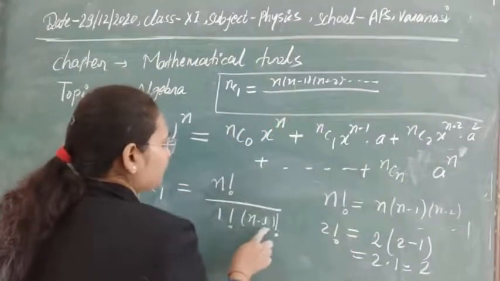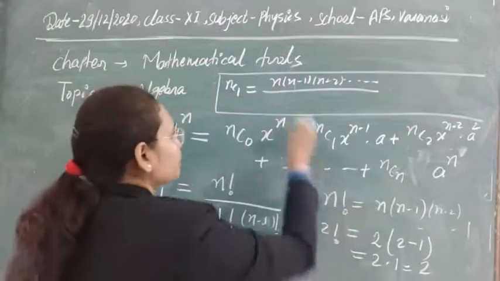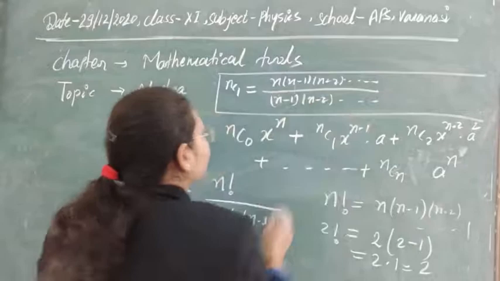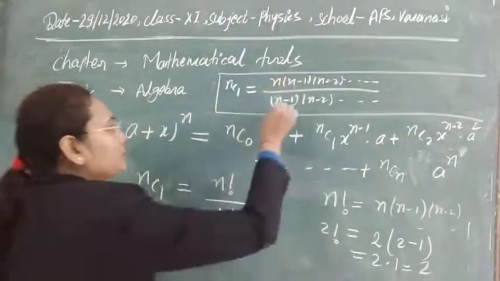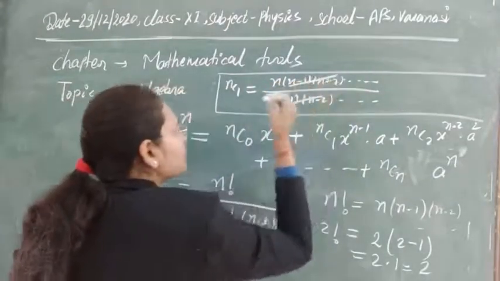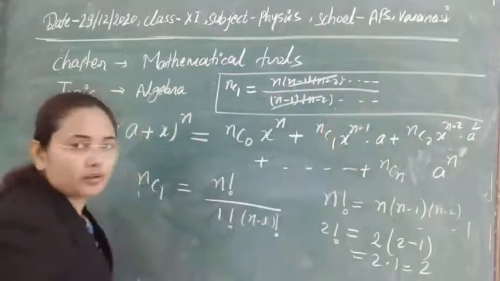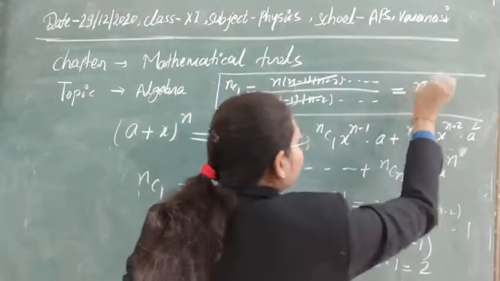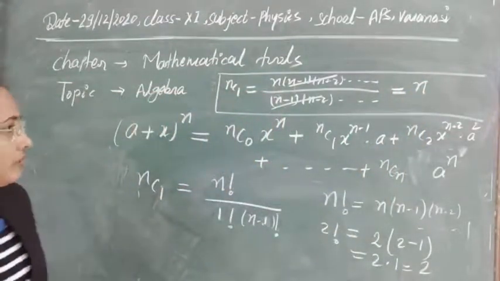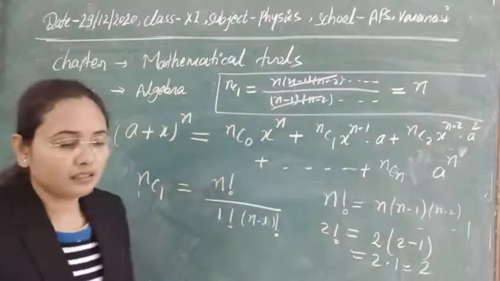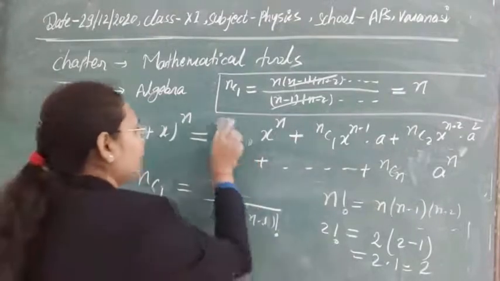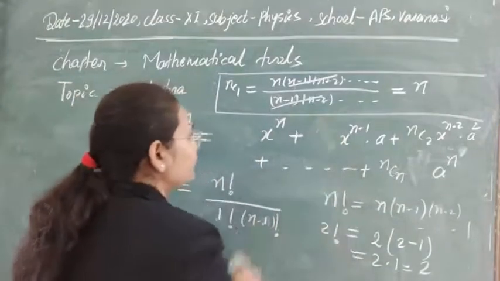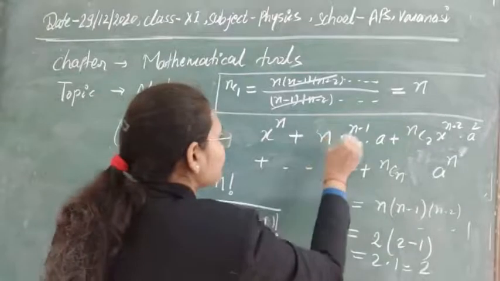And also the factorial n minus 1. With this formula this will be n minus 1, n minus 2, and so on. Now if you see the denominator and numerator, then this whole will be cut out from this whole. Obviously all the things you will get in this formula also. So finally what you will get here, this value will be equal to n. So in general, the value of NC0 we have got here is 1, and the value of NC1 we have got here is n.